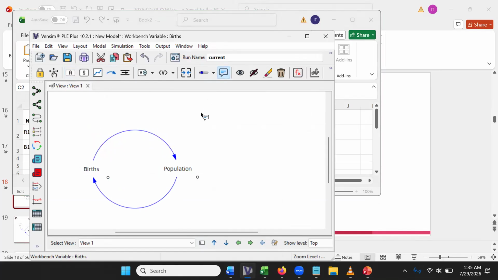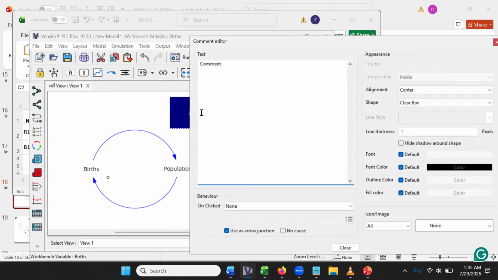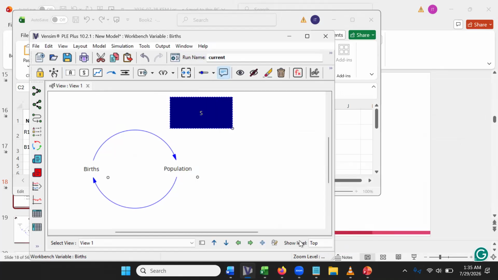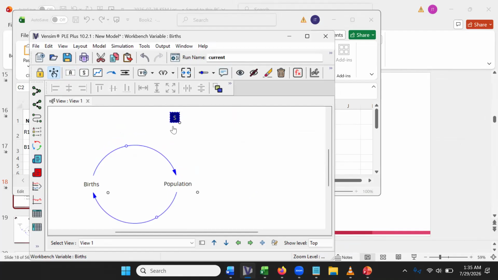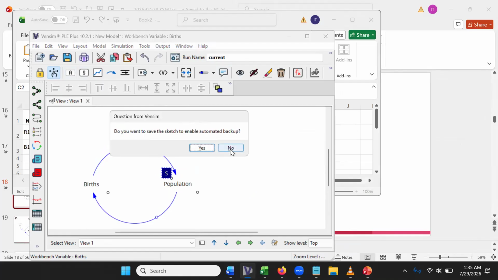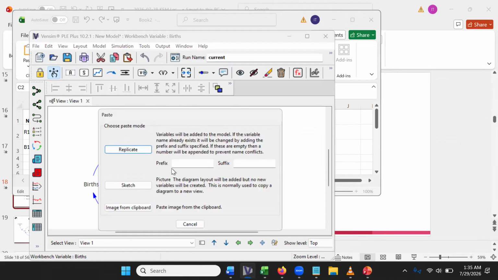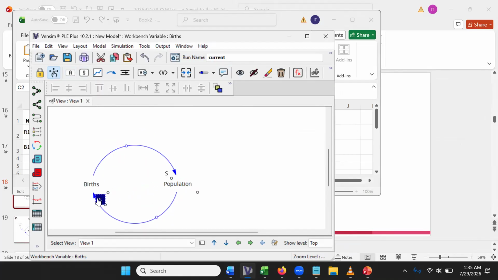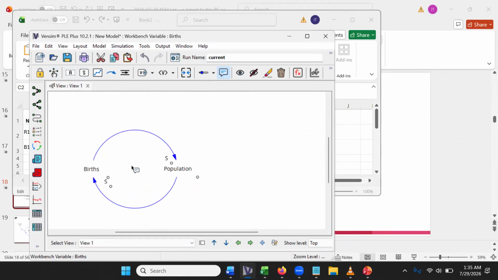So I'll put a comment here called S, and this is going to be a little symbol for the same direction, and then I'll make a copy of the S. Say no there, and I will put that here, and then I will get another comment, and I will put in